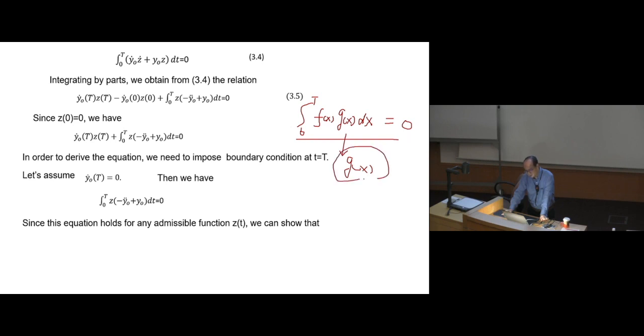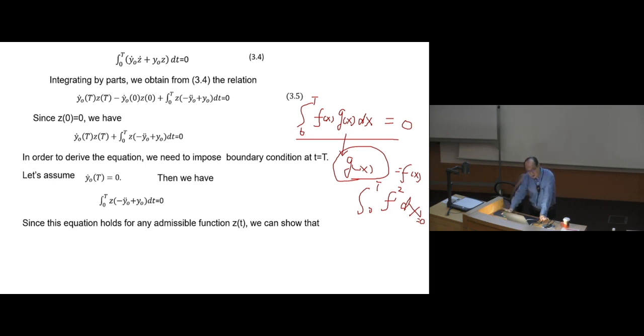Remember, if g(x) can be any function, I can put g(x) equals f(x), right? Then you take the summation of f squared, and you put this as 0. If you sum up the value over the whole integral and all the values are positive, and the summation is 0, what does that tell you? Then all the values have to be 0, right? Does that make sense? Of course, this is not a rigorous proof, but the idea is like that.